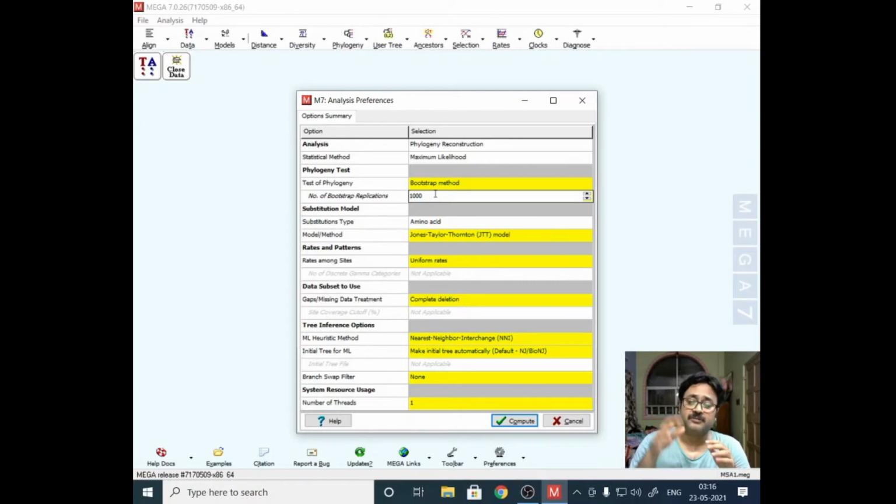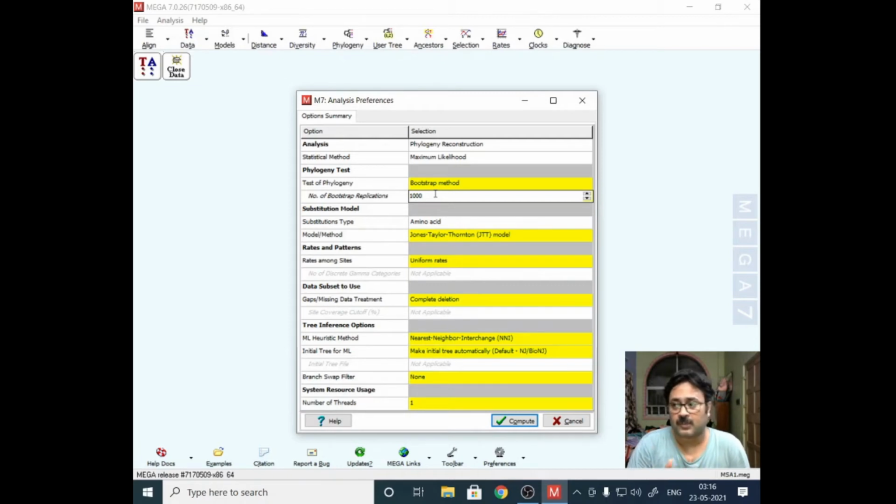But suppose you are using one particular species, and from that you have isolated one particular protein, and you have collected that species from, let's say, 60 different locations. Then the bootstrap value won't differ too much. Hypothetically it shouldn't differ too much, or be too low. But if the sample size is too large, if the total number of species is too large, then there is a high probability.